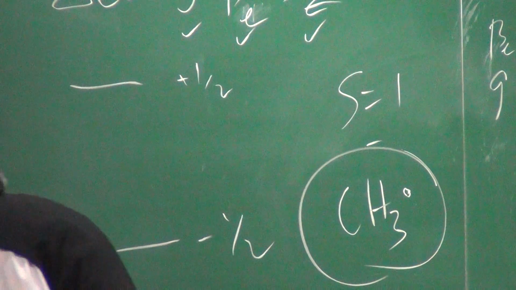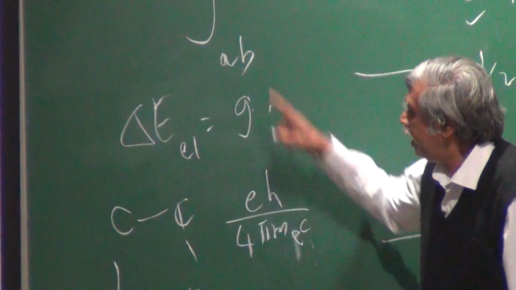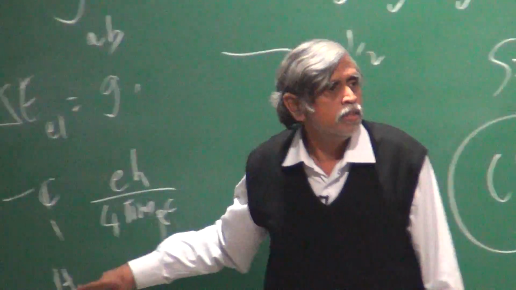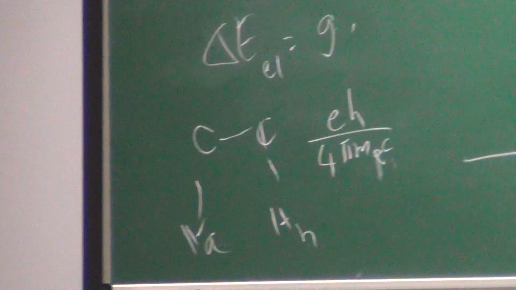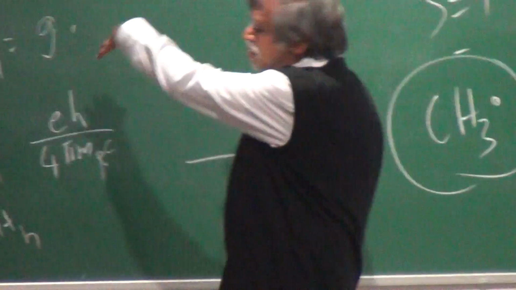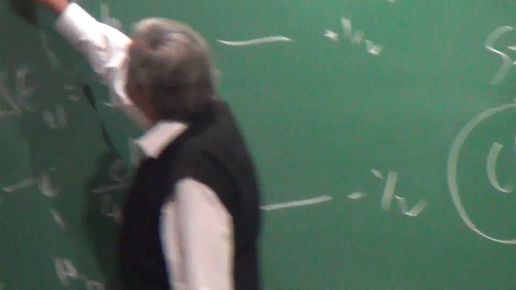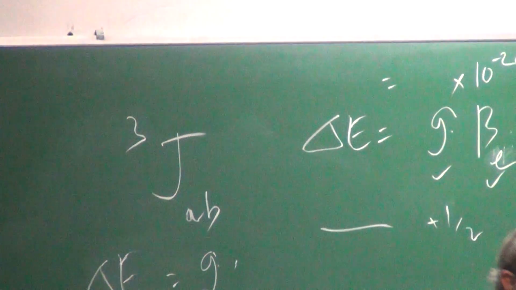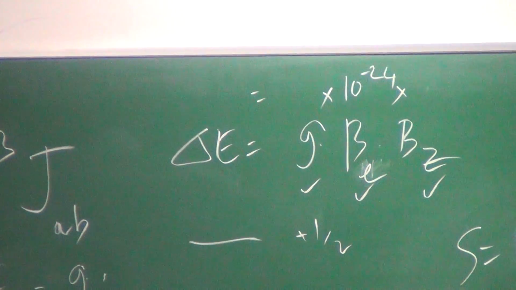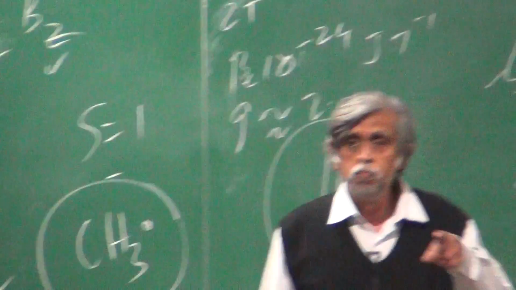this is HA and this is HB. Then when I say JAB, I am talking about the coupling of HA proton, HB proton. And you'll always find, this is trivial. I mean, even without my teaching you, you will realize what it is. But you'll always find when they write this, they put a number in front of it, 3. And that number essentially tells you the number of bonds that